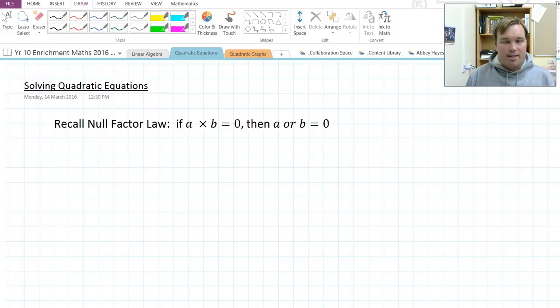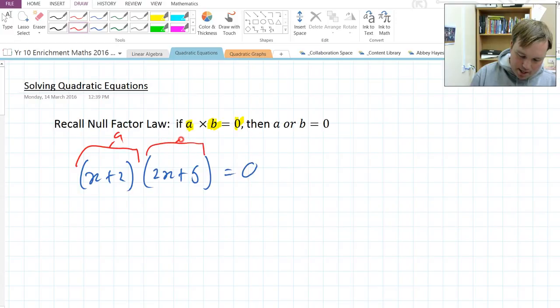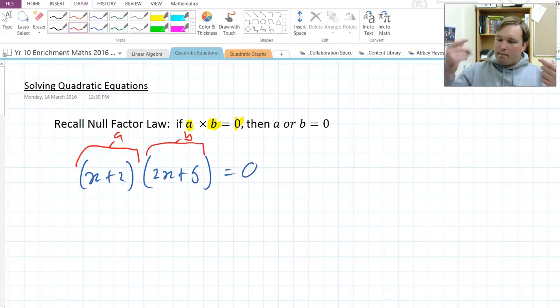So, a good place to start here is recalling the null factor law. The null factor law states that if you have A multiplied by B equal to 0, then A and/or B must also be equal to 0. So this pops up when we see equations like this: (x + 2)(2x + 5) = 0. We can think of this portion here being A, this portion here being B. And if we have one number multiplied by another to have a result of 0, then one of those two terms must be 0. So what we do here is we take each term separately and think of it as,